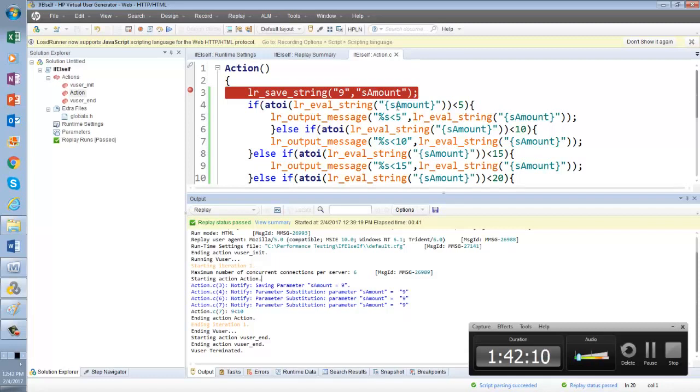Now when you are using that parameter, what is it doing? Actually it is not using s amount, it is using the value stored in this parameter. Is that correct? In the log line number 4, parameter substitution s amount 9. Now we are not using s amount, we are substituting it with 9. That is what we are seeing in the log.